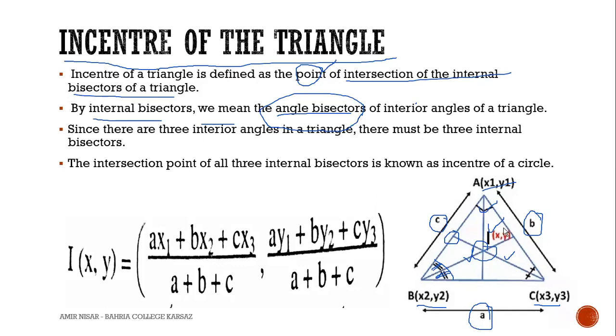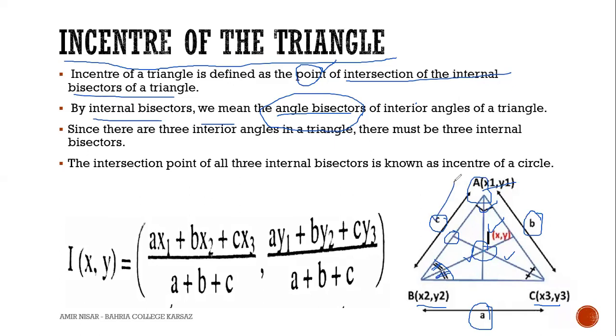Well, student, the length of side AC is, I am taking the pen, the length of side a, b, c. Why are we taking A, B and C at this position? There is a logic behind it. This side is opposite to vertex A. The length of the side opposite to vertex A is denoted by small a. This is the trick that you have to keep in your mind. The length of the side opposite to vertex B is denoted by small b. The length of the side opposite to vertex C is denoted by small c.